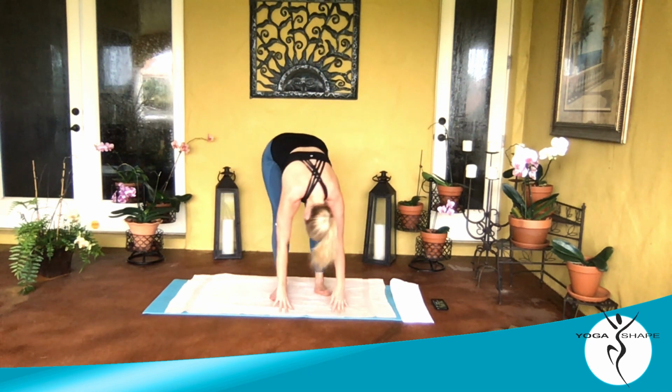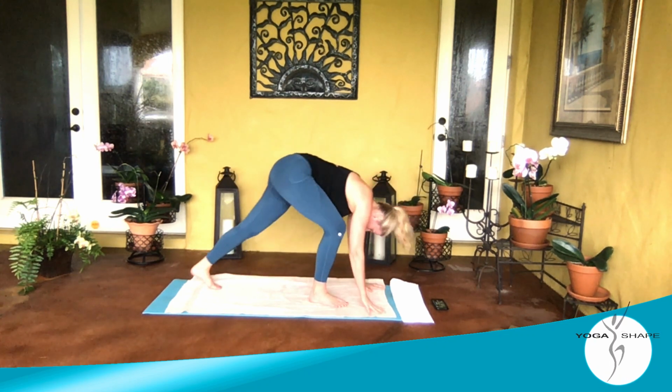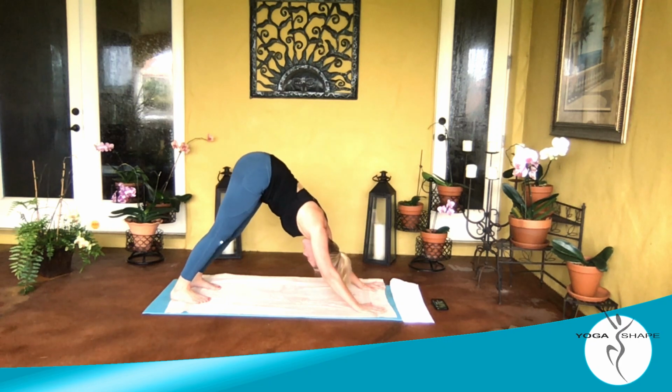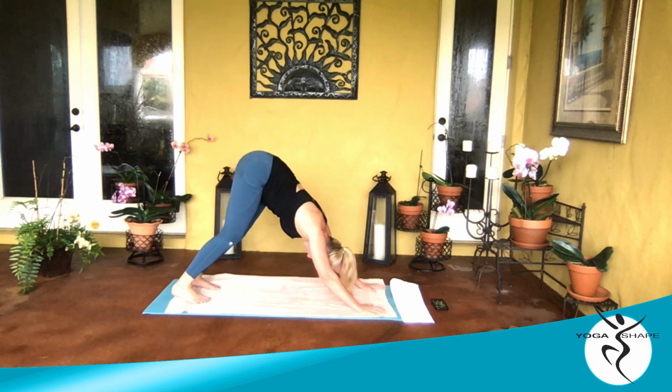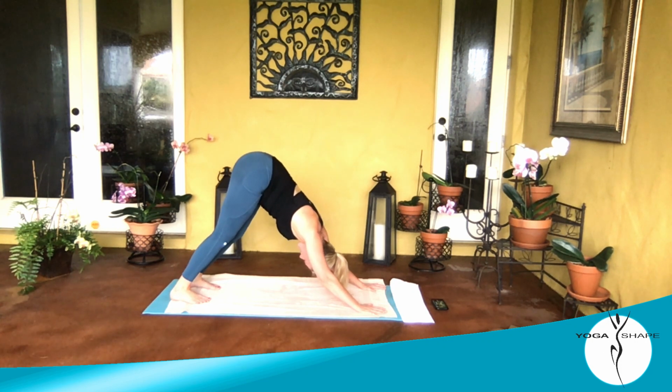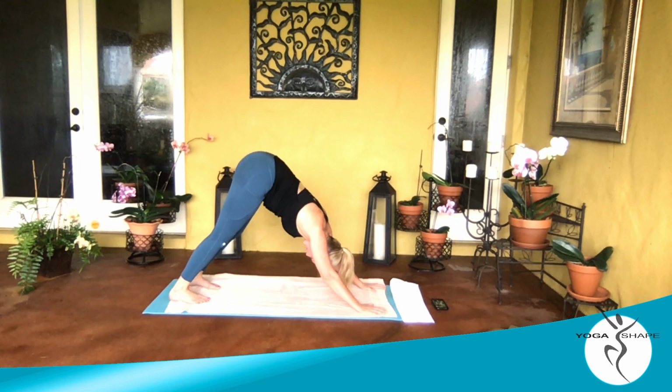Swan diving forward, hinging at our hips, slowly dropping down to a standing forward fold. And let's step back to one foot and then the other foot going into downward facing dog. Let's do 5 deep breaths here. You can move a little bit with this if you want. Just noticing how you feel. You can walk it out a little bit. Just breathe into this. Now let's get ready to go into warrior 1, warrior 2, reverse warrior, and a side